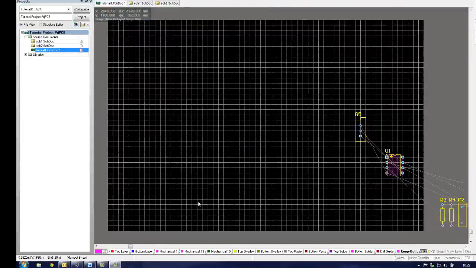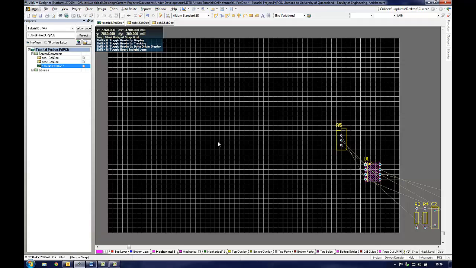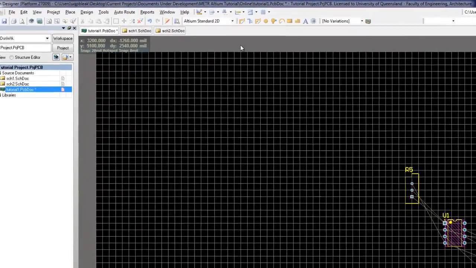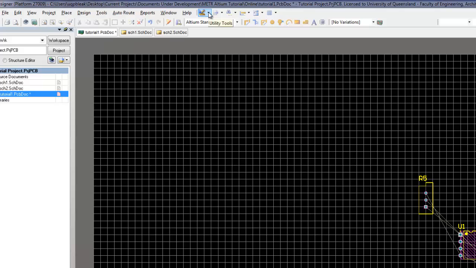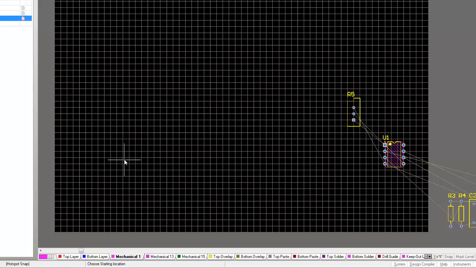To draw the outline of the board, select the Mechanical 1 Layer tab. From the Utility Tools menu on the toolbar, select Place Line. Make sure that Place Line is used, as this will draw the outline on the correct layer. If interactively route connections is used to draw the board outline, Altium will attempt to draw on a tracking layer,